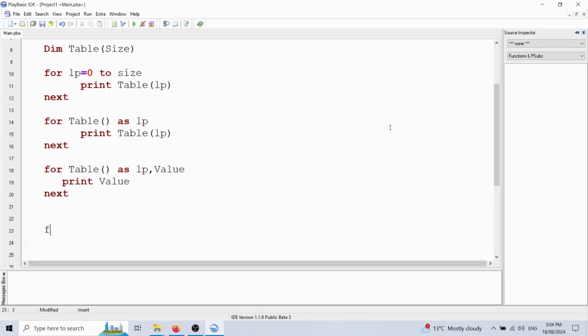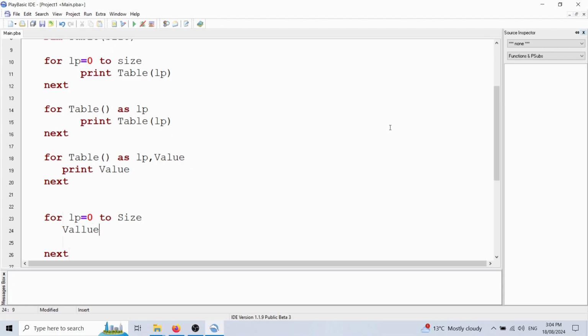Right, so in our old school terms, this is like here to size value